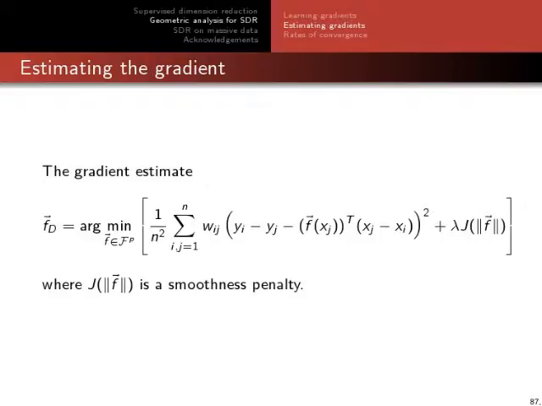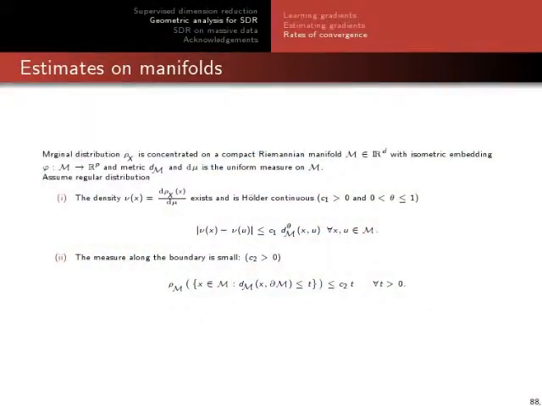If 2 points are far apart, they're going to be close to 0 because the Taylor expansion only has a region of convergence. And so again, you can try to estimate this gradient as a least squares problem with regularization. There are actually a variety of different regularizations in the literature. We used a reproducing kernel Hilbert space, but there are other papers where people used L2 on linear estimates of these gradients. And then what you can show is if the marginal distribution is concentrated in a compact